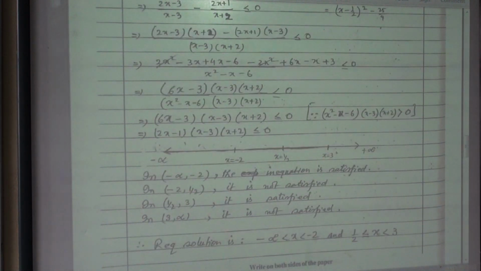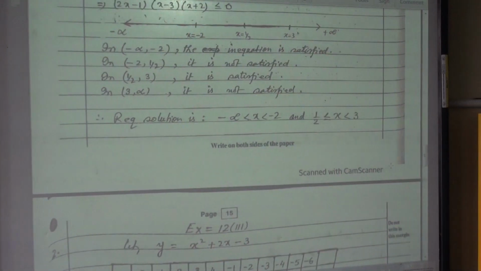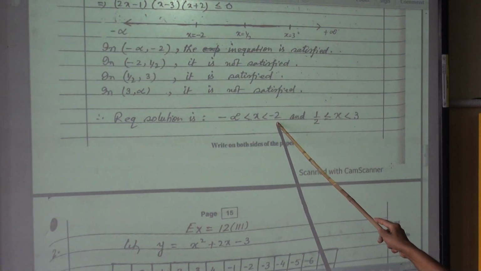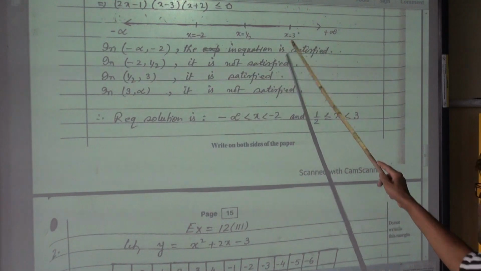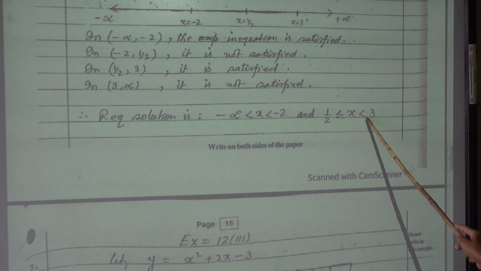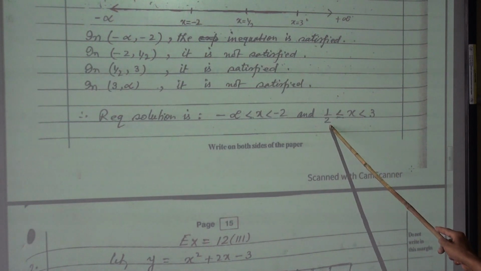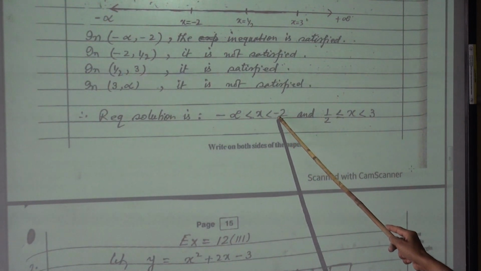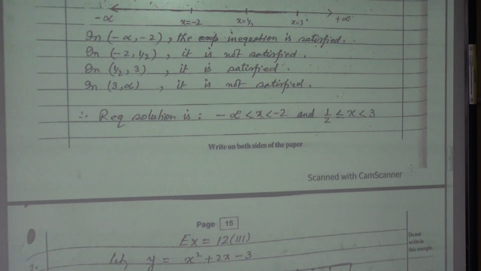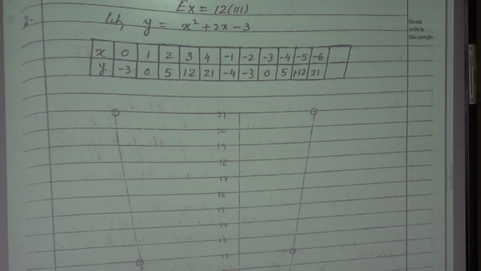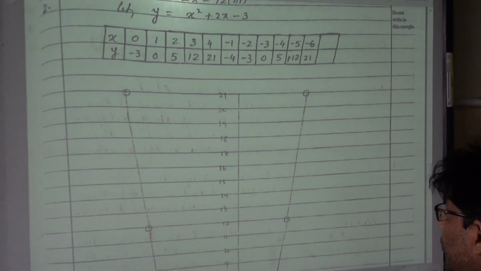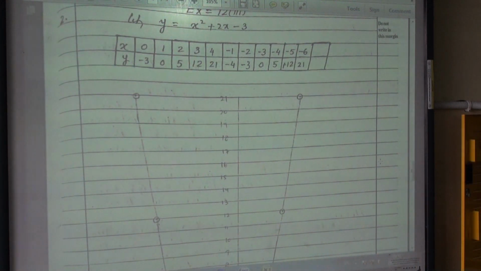So where should x lie? x should lie in this region, that is minus infinity to minus 2, and in this region, that is half to 3. So x is in between, greater or equal to half, but x cannot be 3, that's why only less than 3. x cannot be minus 2 also, that's why less than. And infinity you cannot assume. So this way you have to solve this type of inequation. But it is not mentioned in the revised syllabus, so they may not ask that type of question. But I have taught it in case they ask.